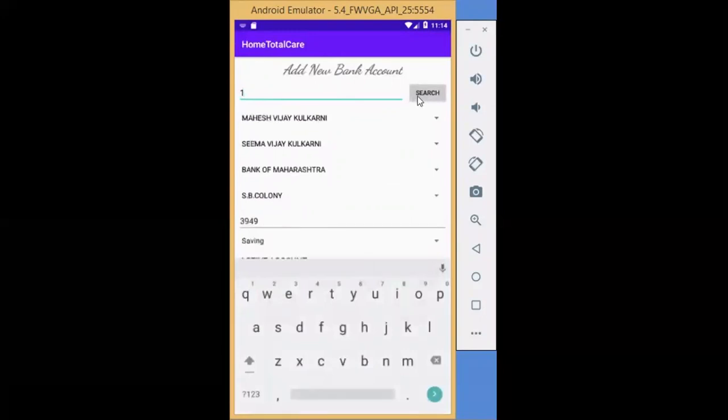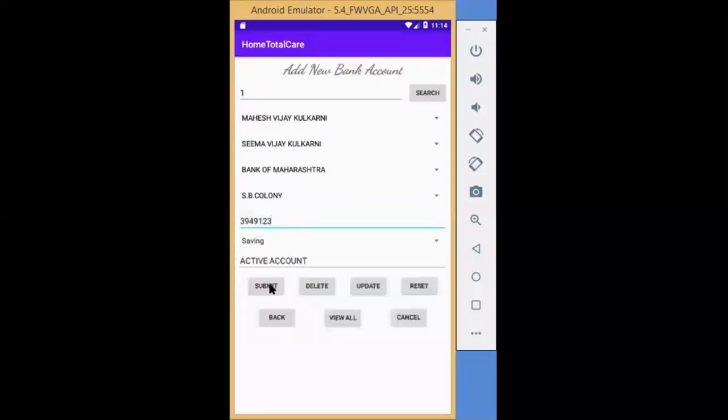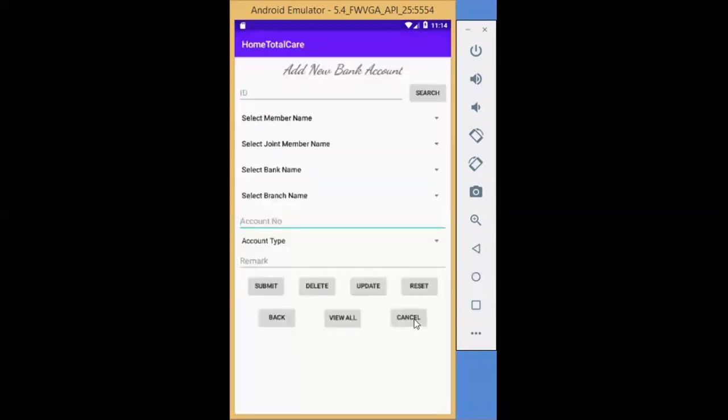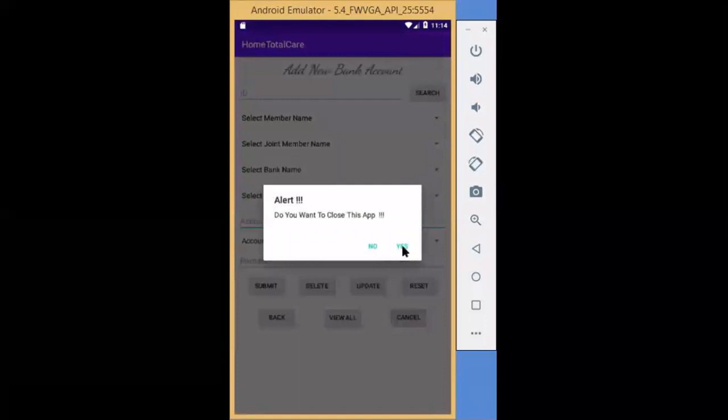If you want to search it, you have to just put your ID number and click on search. If you want to change the account number, you can easily do that. Update it. Also click on view all. You will see that your account number has been changed. Okay. Next, you just click on cancel. You will go back to the home page.